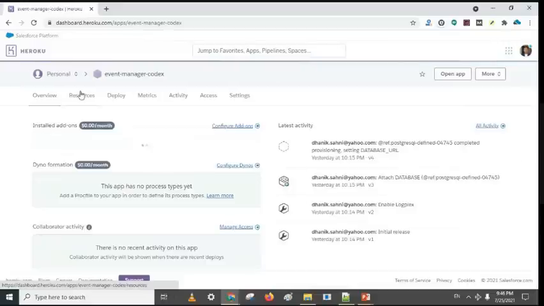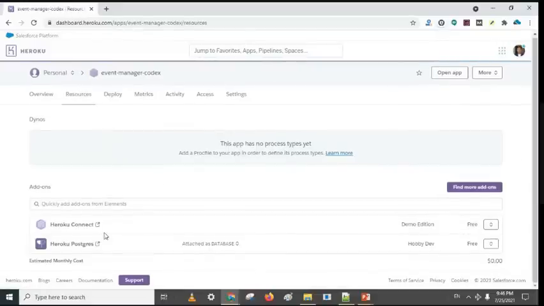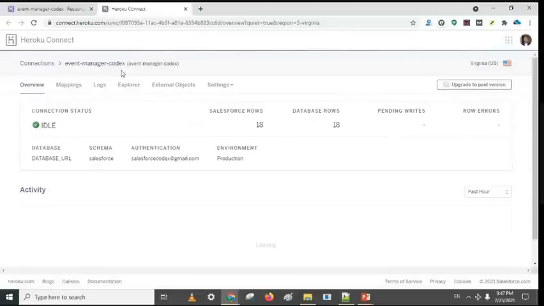Okay, right now we go with the resources. It's not the one we created; it's another application which I have connected. You can see this connection is not being established, because after we create it, we have to connect with the Salesforce system. That is required, and that is not showing.